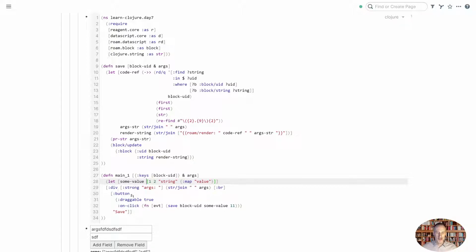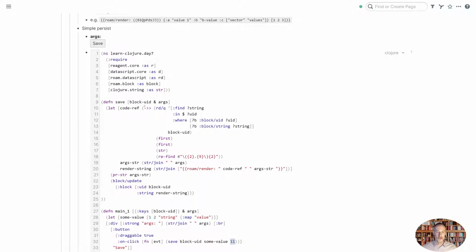And then I have my button here. I print the arguments I receive, and I have a button that saves some value using the block ID, and I also pass in just another value in the arguments list just for the sake of having multiple arguments passed